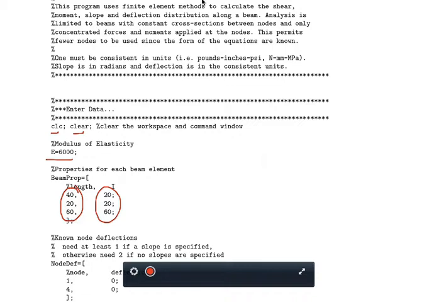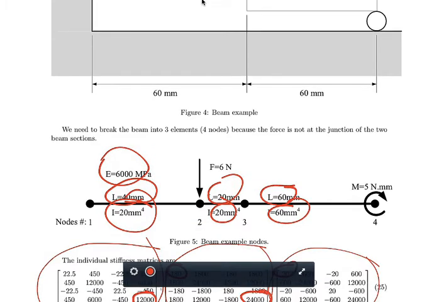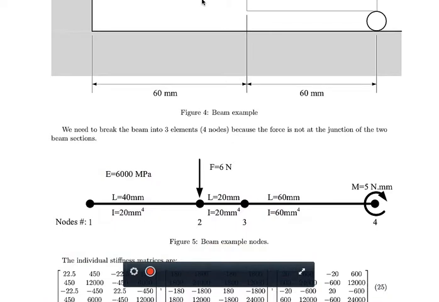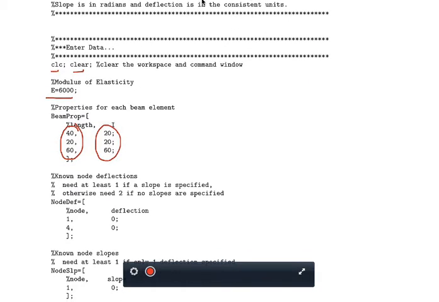So this is 2 by 3, corresponding to the example we have here, where we actually have 3 different elements. This is 1, this is 2, and this is 3. So the properties are right here, and therefore we can input these properties in matrix form, where the first column is the length and the second column is the second moment of area. And next we